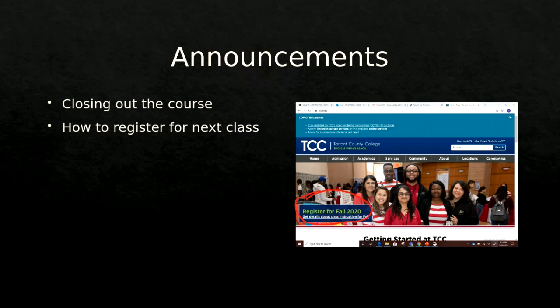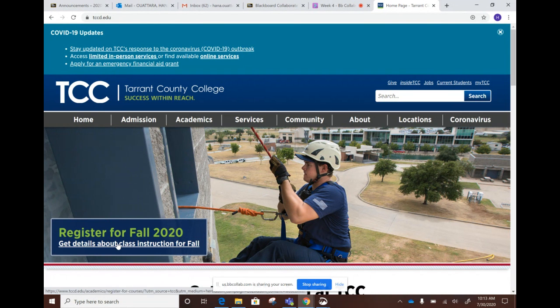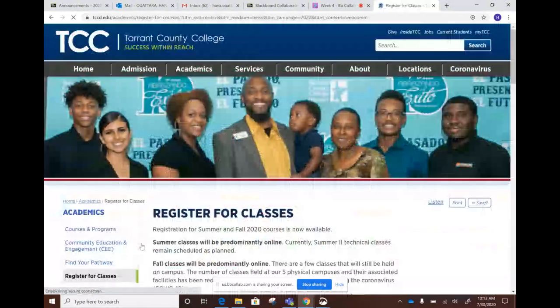To do this, I'm going to open up another screen for you. Can you guys see this TCC home page here? On the left side of the screen, it says register for fall 2020. This is where you're going to click. It says get details about class instruction. So you click on this